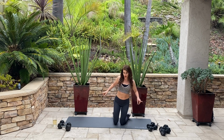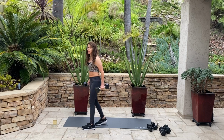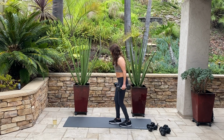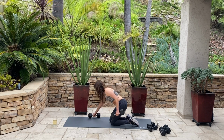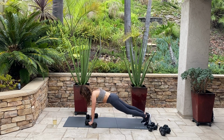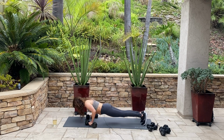Okay, so I'm gonna grab my 10-pound weights because I want to make this a little bit challenging for myself, and you can do this on your knees as well. So again, we're going to do 2 push-ups with 5 lateral raises, and we're only going to do 3 sets. So let's do this. All right, so I'm going to go on my toes. You can go on your knees if you like. So this is an option. I'm going to do out on my toes. So we're going to do 1,